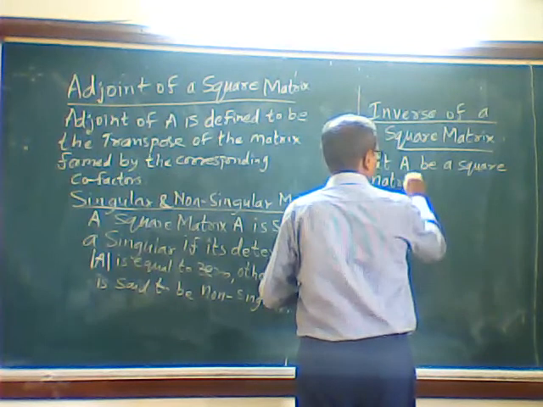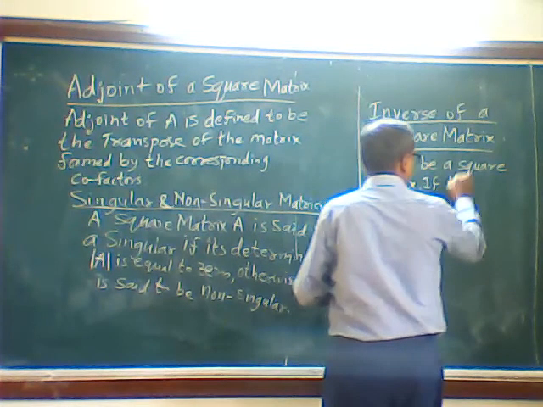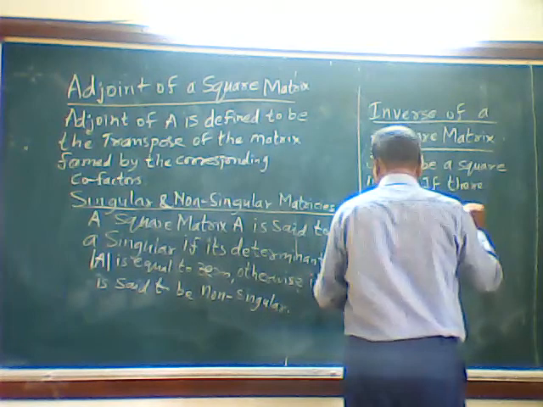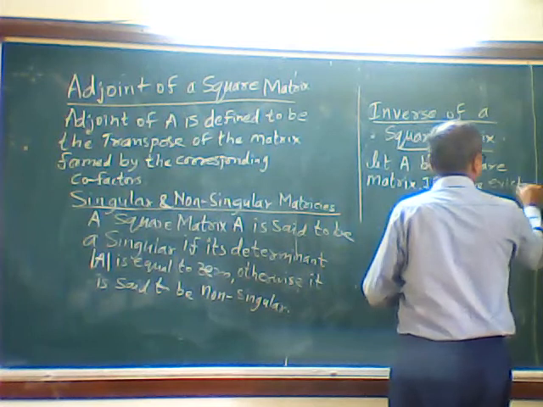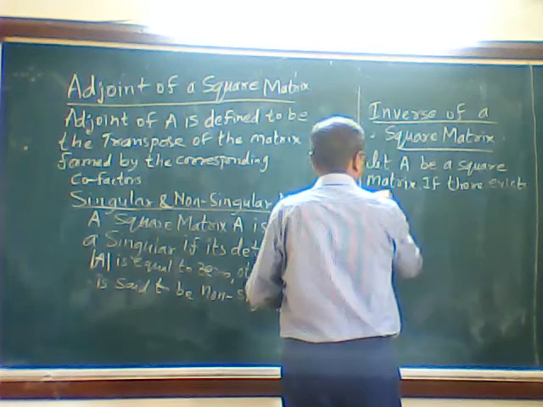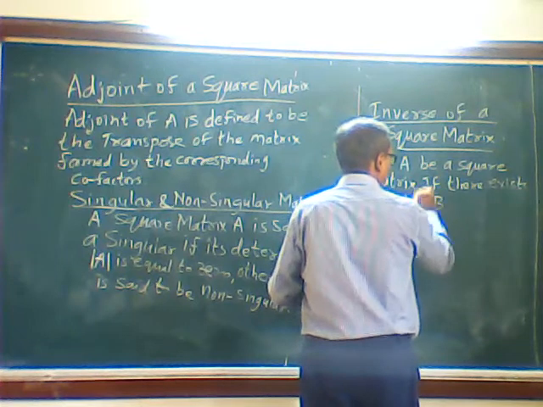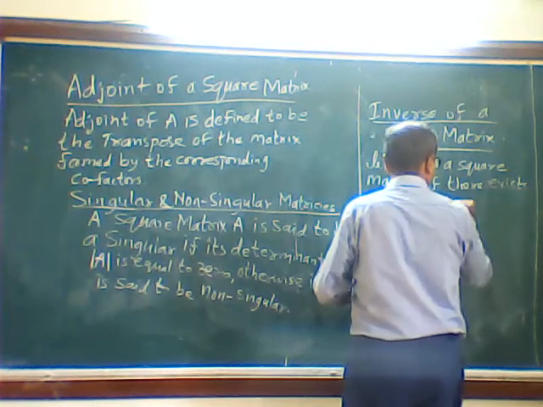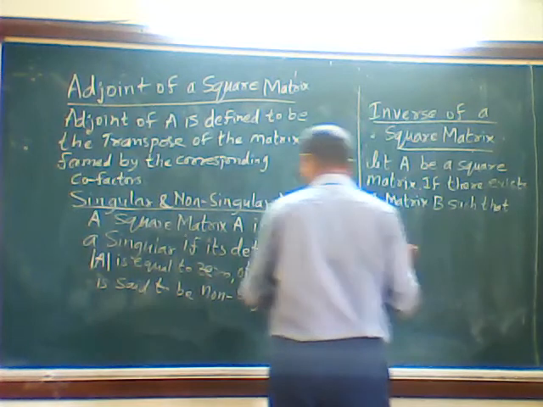Let B be a square matrix. Okay. If there exists a matrix B such that AB is equal to